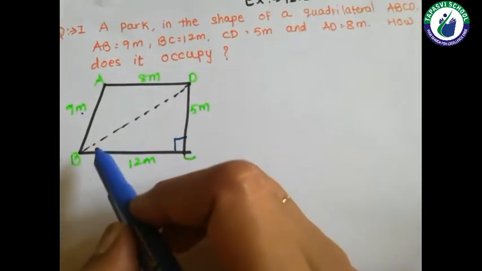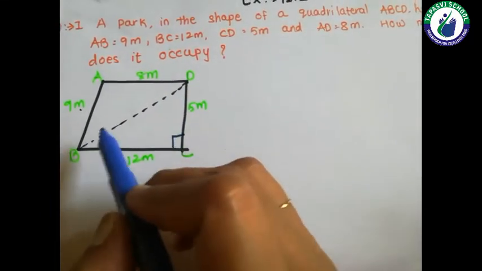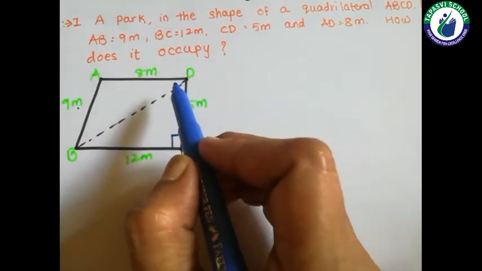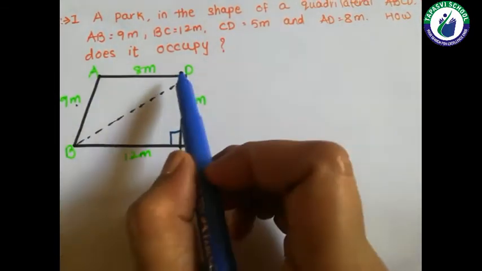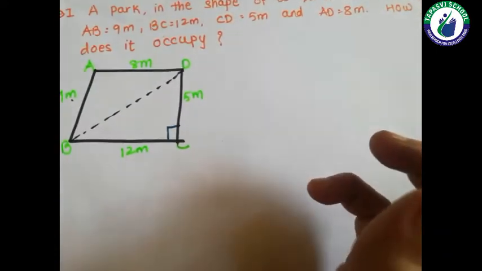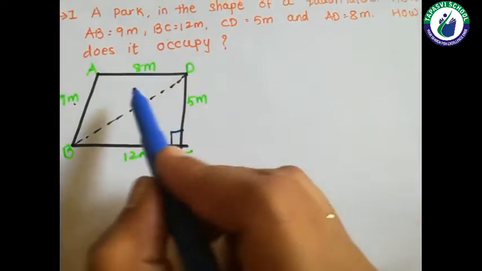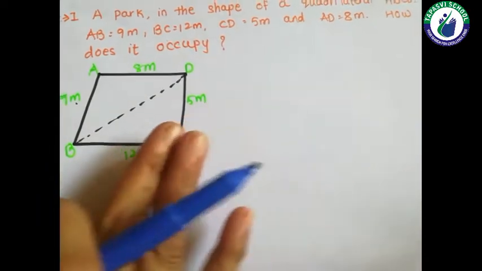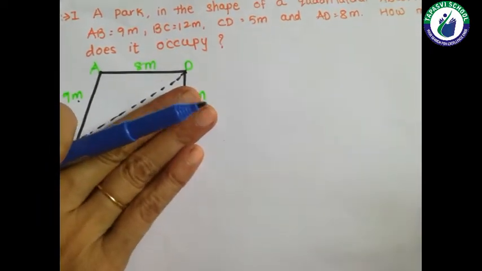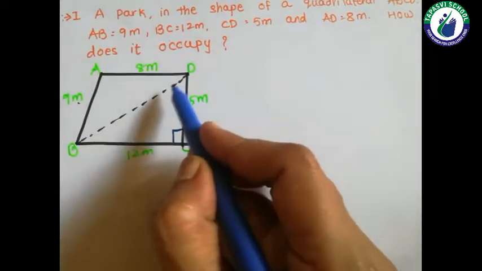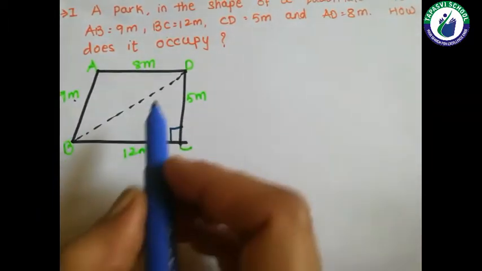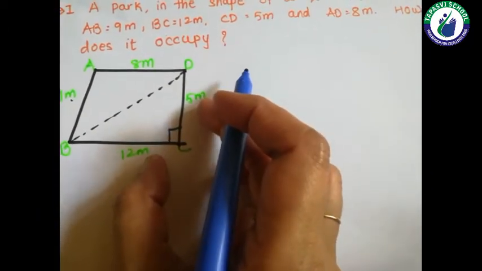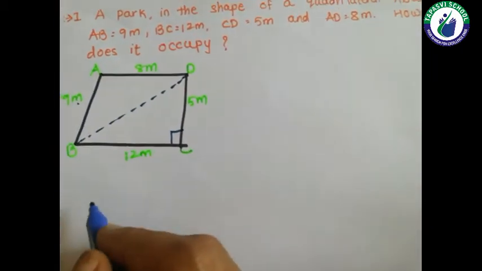So here we can see, students, this is a quadrilateral, this is our diagonal. This side is common for both the triangles, for triangle ABD as well as for triangle BCD. So here we are having 4 measures, but when I divide it into triangles, we require this side also. So as this is a right angle triangle, by using base and height, I can find out this hypotenuse.